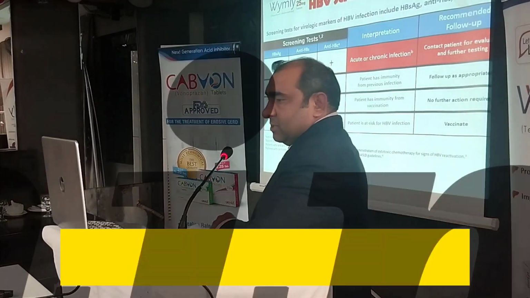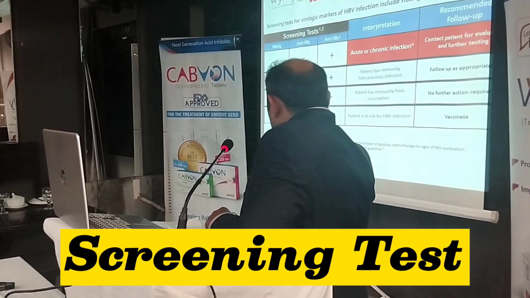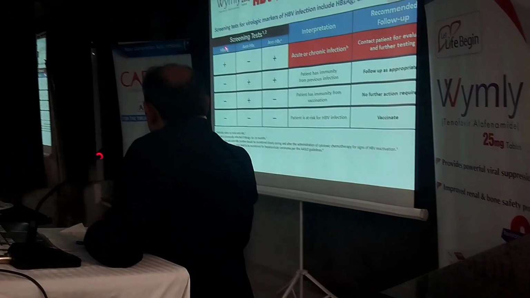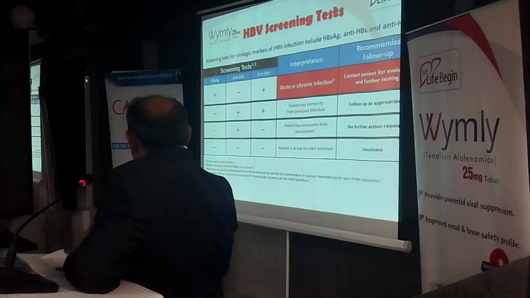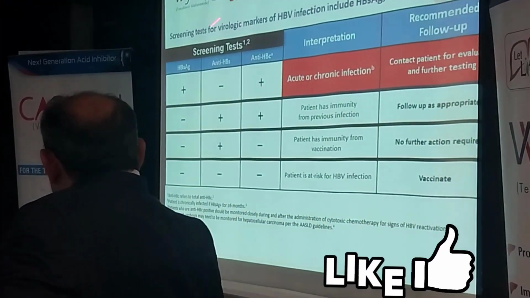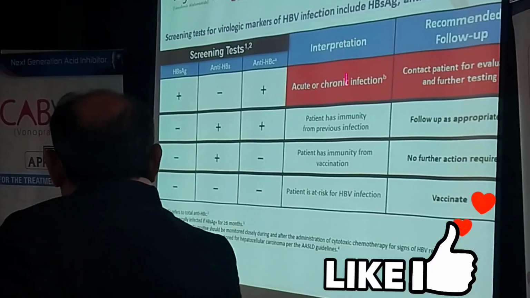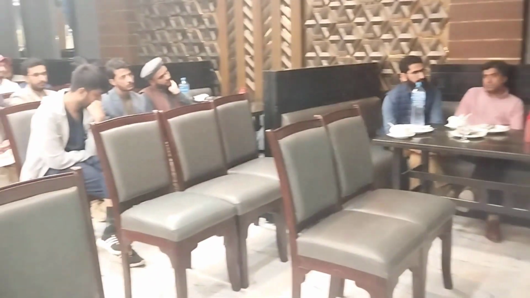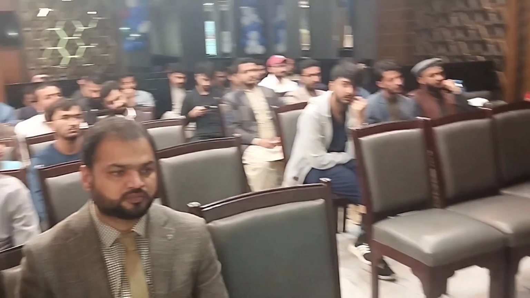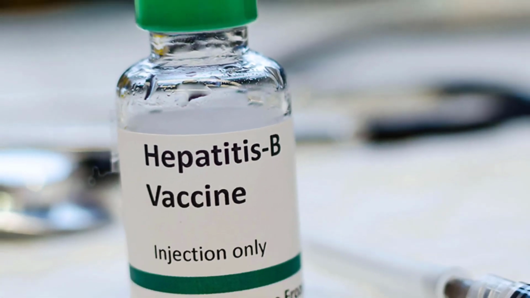So this is a very interesting slide which shows when a patient comes with surface antigen, anti-surface antibody and anti-core antibody. So we categorize the results, we interpret actually this. He develops surface antibody, so there will be no core antibody. If the patient has only one antibody, that is surface antibody, that means the patient was vaccinated and it's due to the vaccination and the patient is immunized now.